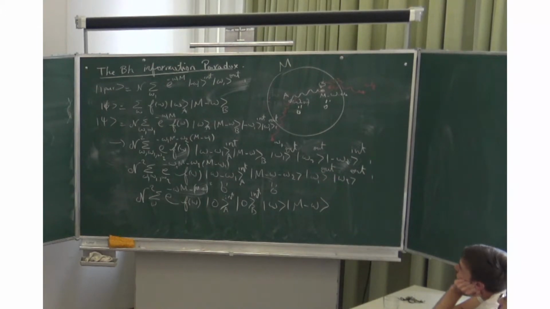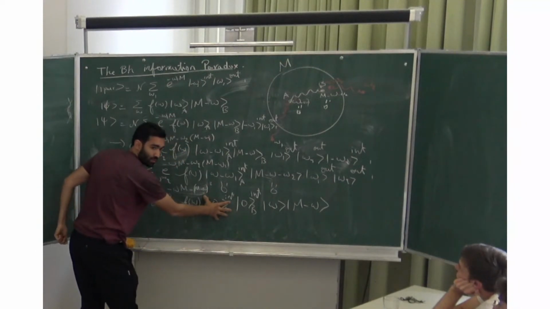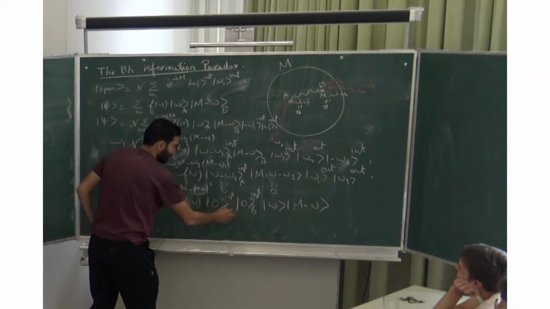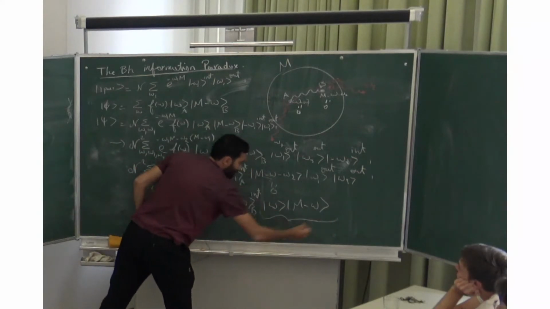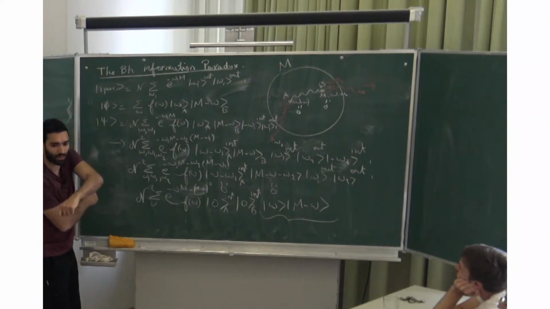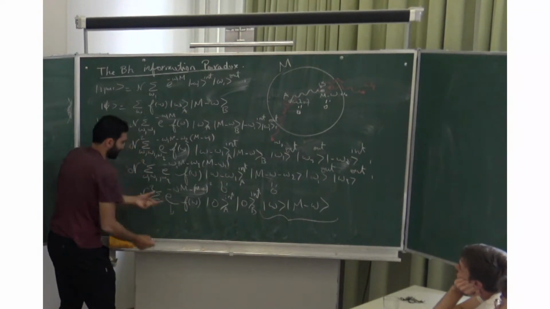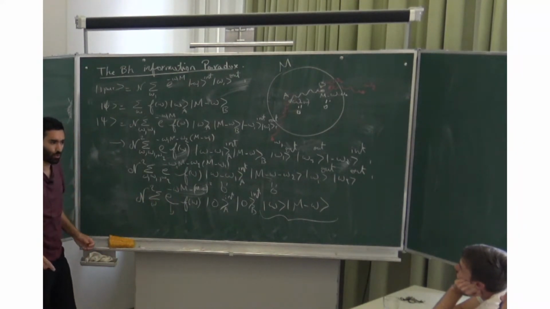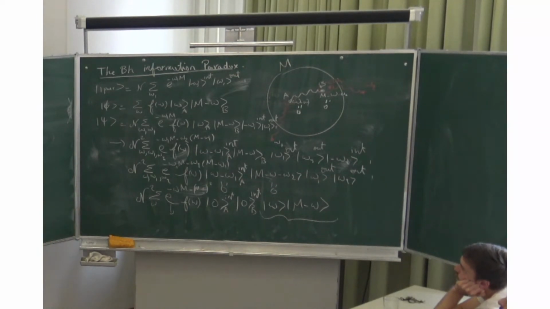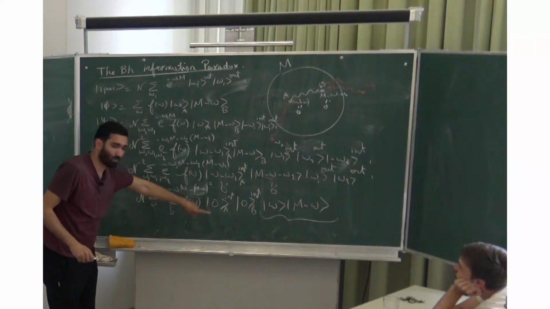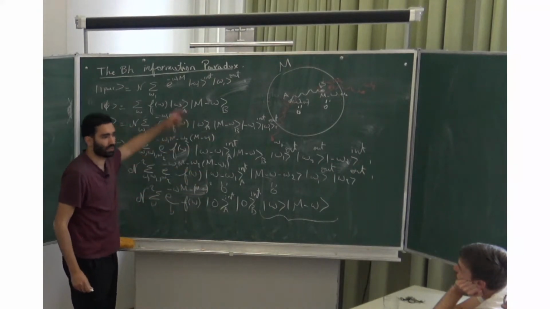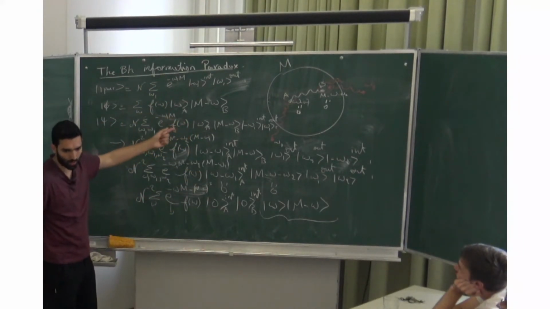Say again? What we had in the beginning. Yeah. So it's actually the state inside the black hole matter. So this is just 0, so you don't care about it. This is vacuum, you don't care about it. Both. You have this, which is the same state, but it's swapped to the outside, and it's entangled. And you have only these factors, which are related to the evolution of your system. So you would need more copies of the black hole to actually be able to, or you need to know the dynamics. But yeah, there's a one-to-one map between this state and the initial state. So there's no information loss in this way.